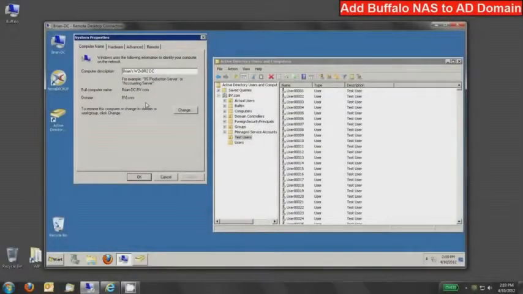In this video tutorial, we'll discuss how to add a Buffalo Link Station or TerraStation NAS device to a Windows Active Directory domain. To start, the best thing to do would be to log in using remote desktop connection to your domain controller. From your domain controller System Properties tab, as shown, you can collect most of the important information about your domain. So in my case, the domain is bv.com, and the domain controller's hostname is brian-dc for a